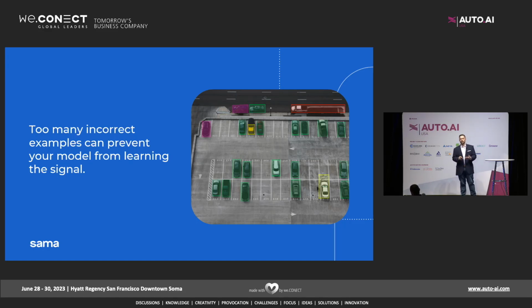So what we have is, at Sama we have automated quality assurance, which is where you can use computational checks to make sure that things are logically valid. You can use ML algorithms to check the answers and flag it for a human. You might say, hey, this algorithm's like 90% sure that the thing you said was a car is actually a bus. And so then you can flag it for a human review that can either tell them, oh yeah, that's absolutely correct, let me fix that. Or it can be like, ooh, actually no, that's wrong. And so you still, at the end of the day, end up with very high quality data.